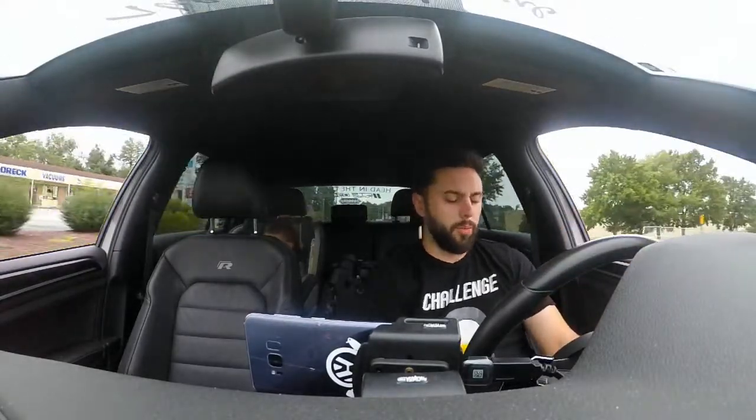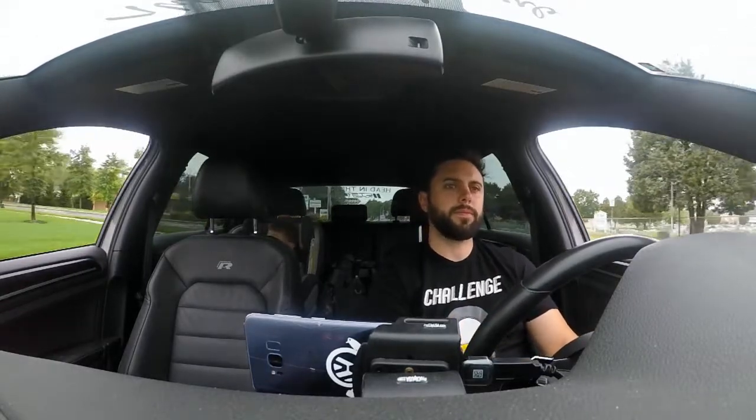The IATs are, at the very current moment, about 77, which is normal. It'll get up to like 90 honestly by the time I get going here. But the car's fully heated up, so I always drive over this road here, which goes on to Black Horse Pike. Opens up the 2 lanes. Today there's kind of some cars though, but